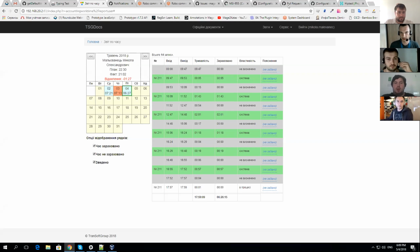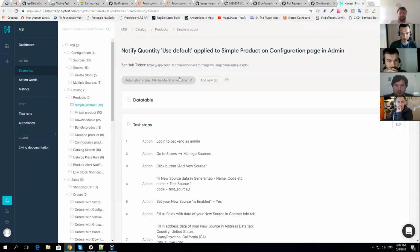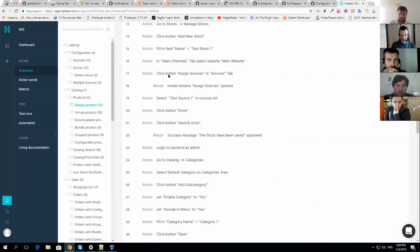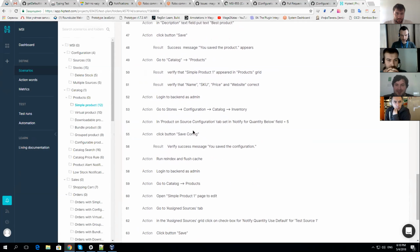Okay, so this scenario is about notify quantity below system config value and how it works with our custom source. Here we have a manual test. Basically, we created a custom source, we created a custom stock, and we assigned the custom source to the custom stock. We assigned our custom stock to our main website, and then we start creating our simple product with this custom source, set some quantity. After that, we navigate to source configuration